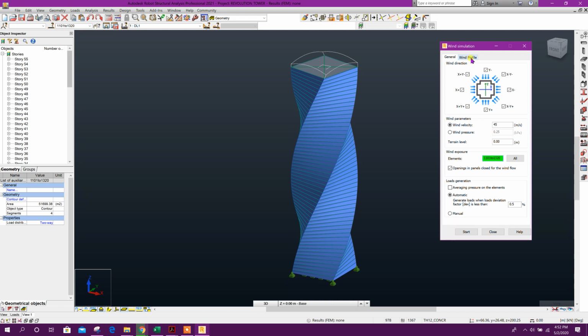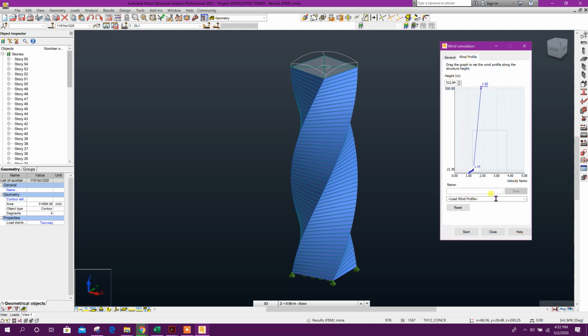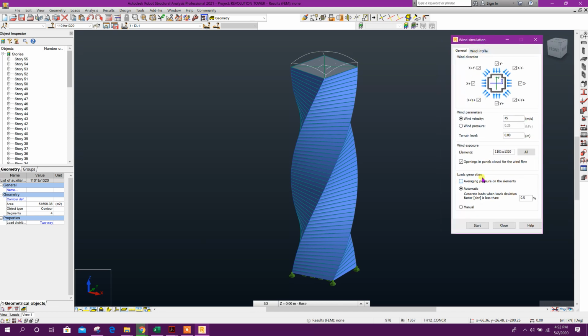Now go to wind profile. We will get the list, wind C, that one. Now you can see the Excel sheet or CSV file we have edited, and those values are coming here. Okay, now using this velocity factor we can generate wind load for this structure.